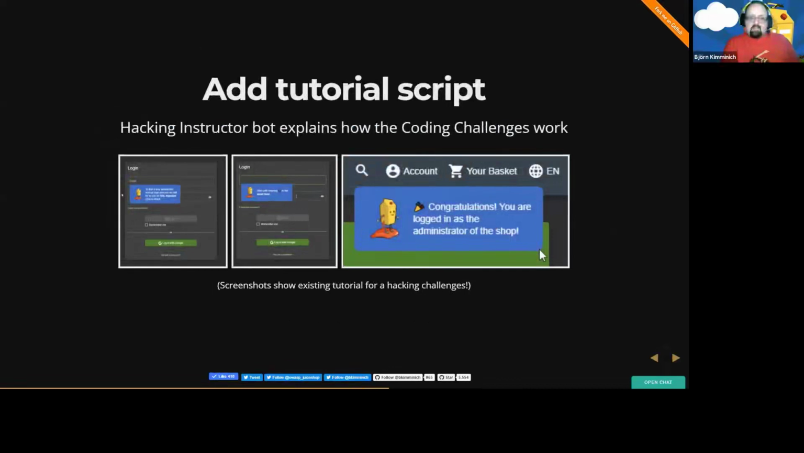I showed you already that we have this nice tutorial mechanism that will guide you with some rather easy to write scripts through certain hacking challenges. And we plan to also have such a tutorial script for the coding challenges. For example, if you launch the first coding challenge ever, then maybe it will automatically give you some assistance. Or maybe there will be some button where you can basically decide to launch it in assisted mode, where